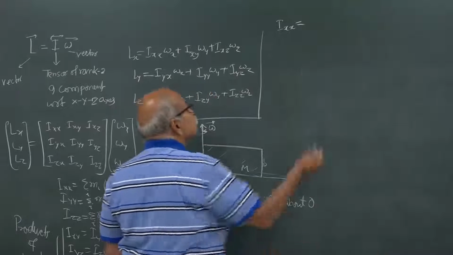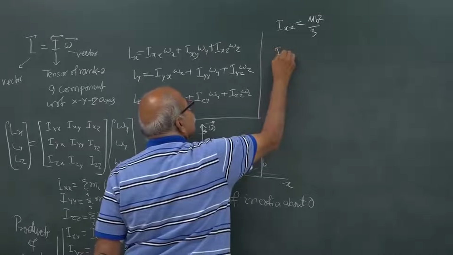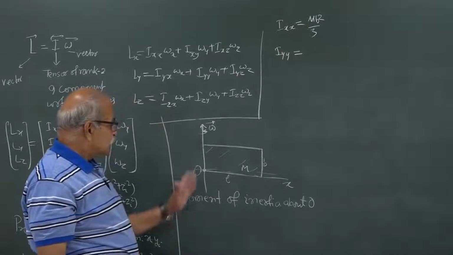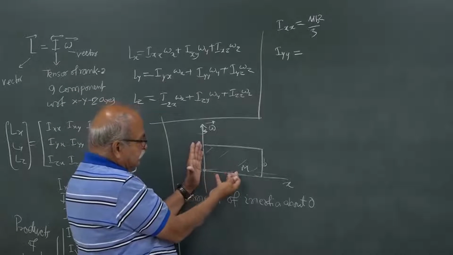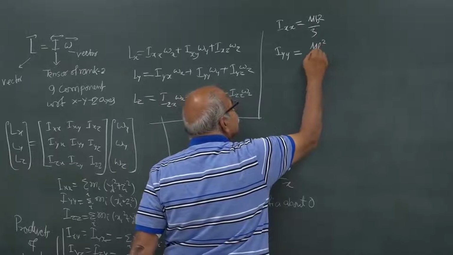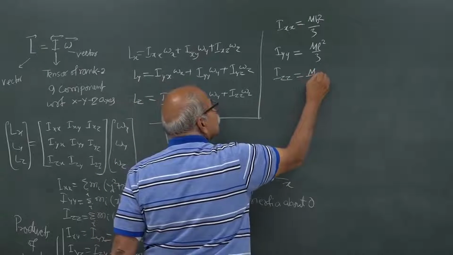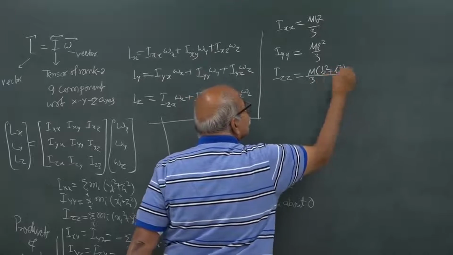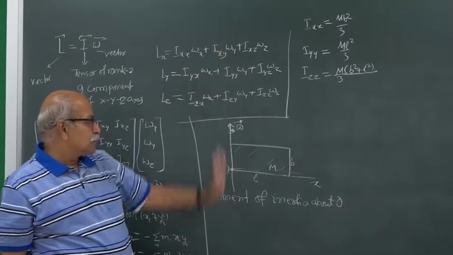So, this is m b square by 3, and similarly Iyy, which is the moment of inertia about the y axis, here is the y axis. If this is a rod, it will be m l square by 3, and if you extend it this way, it remains m l square by 3, and for Izz you can use the theorem of perpendicular axis, it is b square plus l square. Okay. So, that is very simple, that you have done several times in your schools.